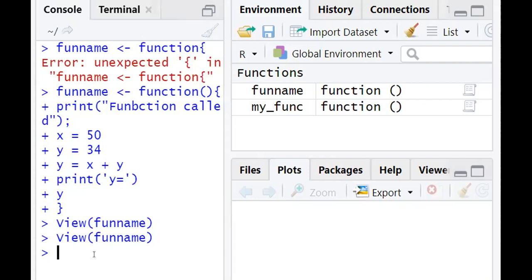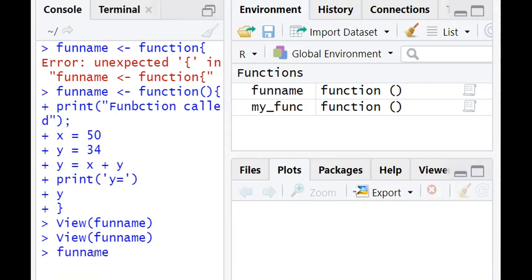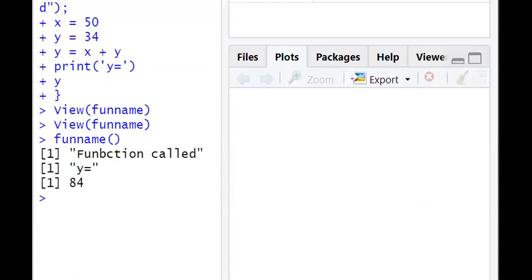Now if we want to call this function, it is similar to other languages. Just give the function name followed by the braces. So it will print the messages. You can observe it over here.